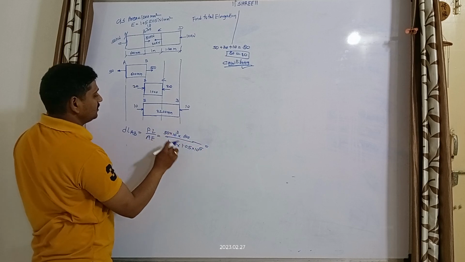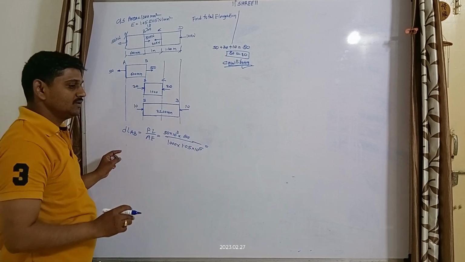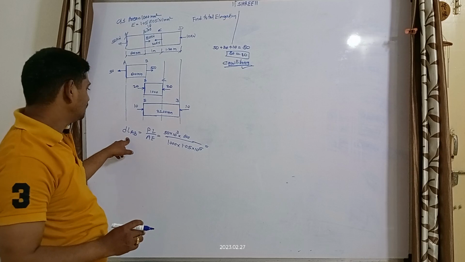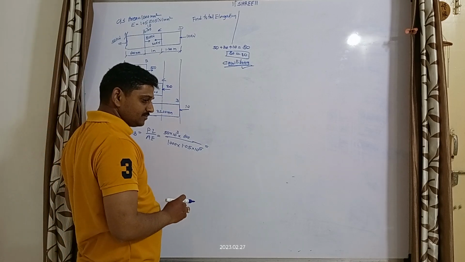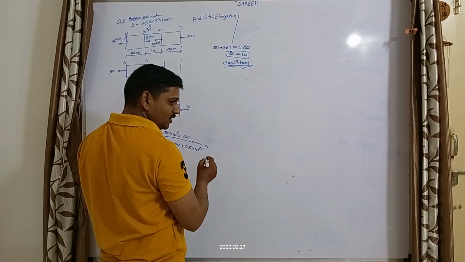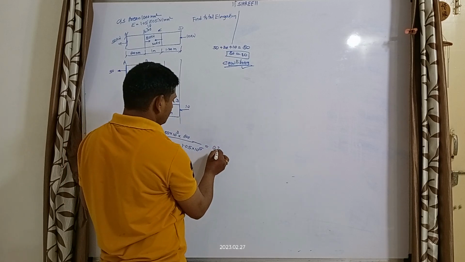We can calculate it in our calculator, which will give the answer of change in length for AB section 0.2857